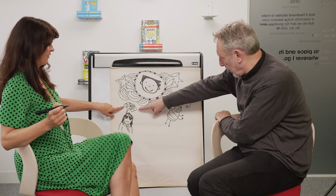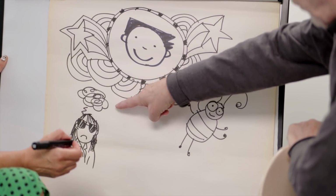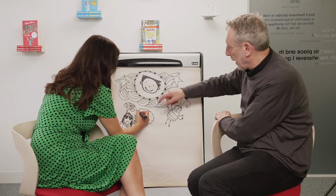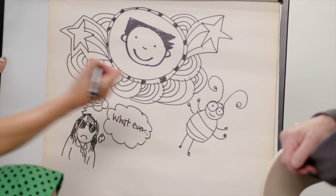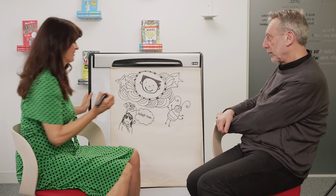Is that a sort of... That's a little cloud, yeah. Is that a thinks bubble? It's just a gloomy cloud that is over Delia. Delia is, yes. And so you don't even have to think words sometimes. You can just say, she's gloomy, and then you make a gloomy cloud. Yeah. Whatever. Whatever. That's what she'd say. Probably. Lovely. Was the bug thinking something? And the bug's thinking,